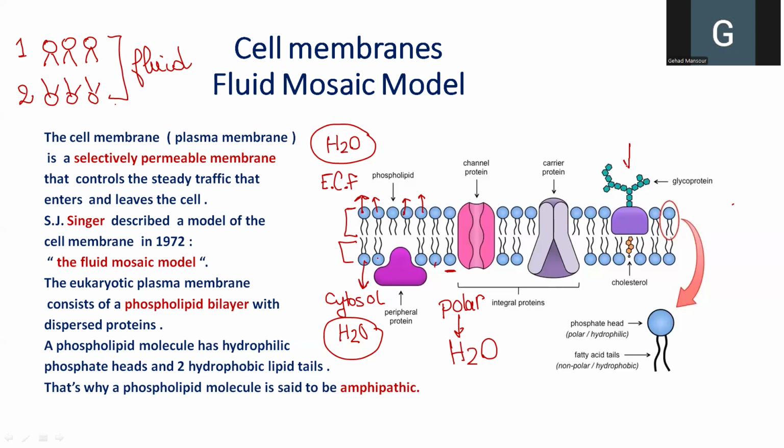So here, for example, you can see a glycoprotein molecule. Here you can see a protein, which we call a carrier protein, and we will see why. And then we have another channel protein. And then on the inside of the membrane, we have another protein. That protein is considered a peripheral protein. And peripheral here